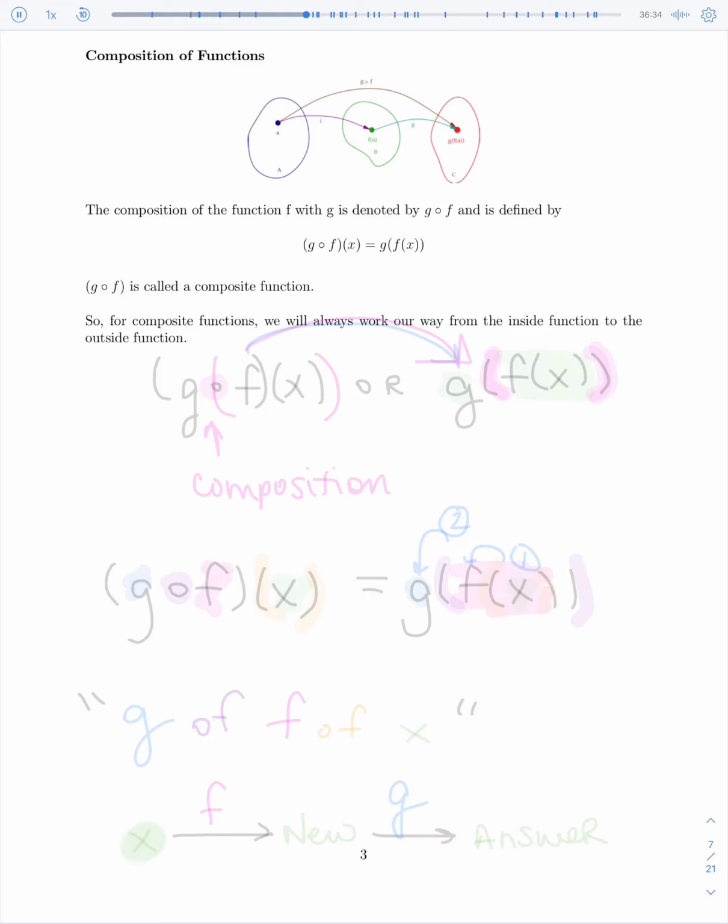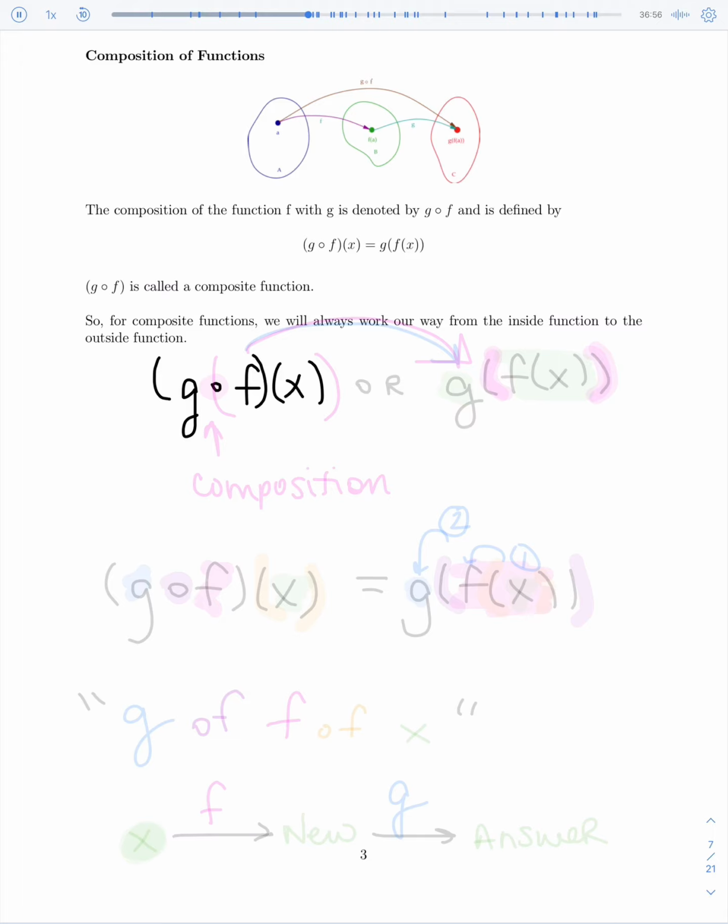This next group of problems, we're going to look at what's called a composition of functions, which looks a little bit different. You should have seen this before in college algebra because that's a prereq to this course. But let's go ahead and go through a reminder. Composition of functions looks like this, where it's read G with a little circle, F,